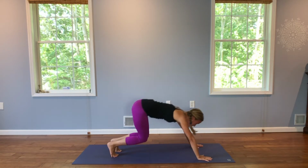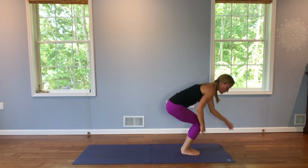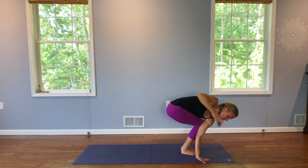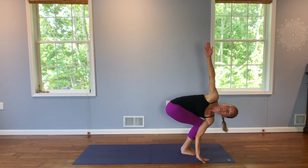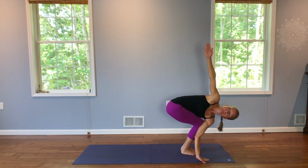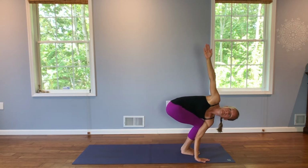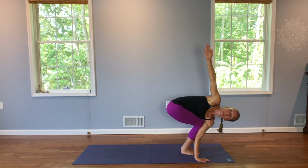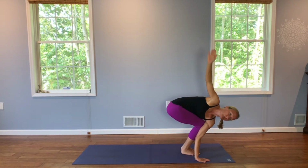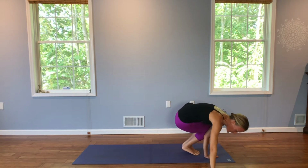Step or hop your feet forward. Keep the bend in your knees, bringing your left arm across. Right arm up. 5 breaths. 2, 3, 4, and 5. Either stay here or make your way into the balance pose, bringing your hands down to the side